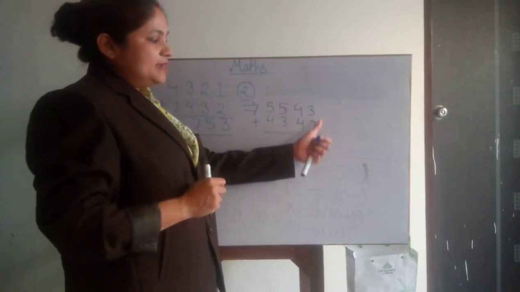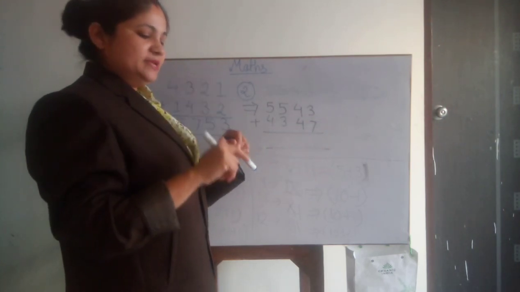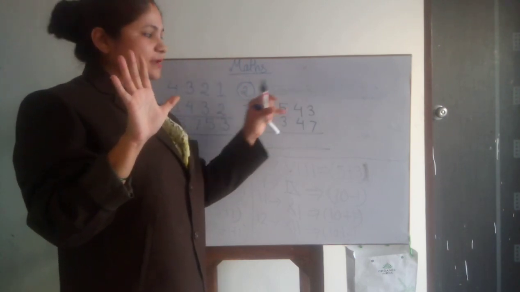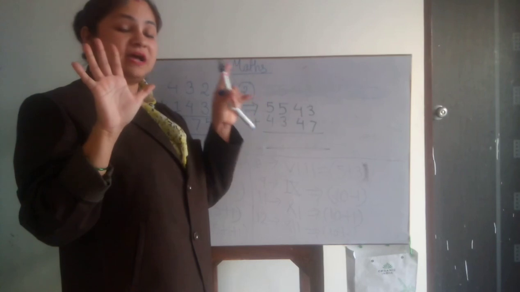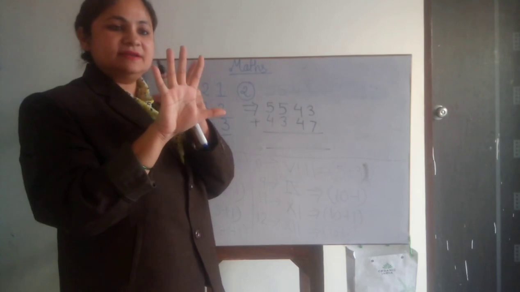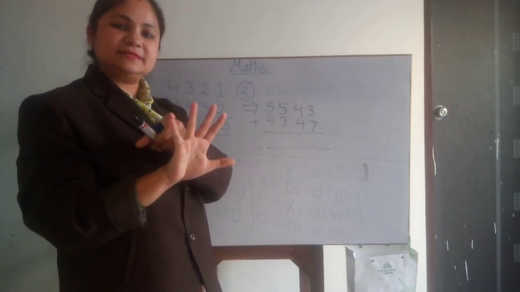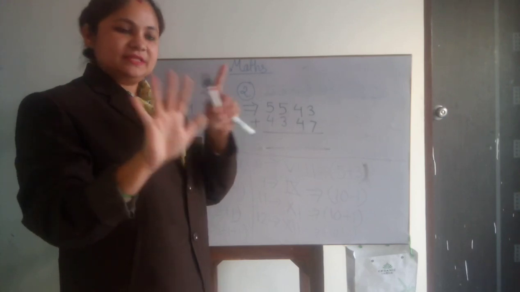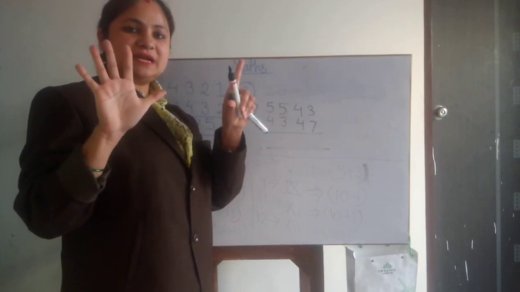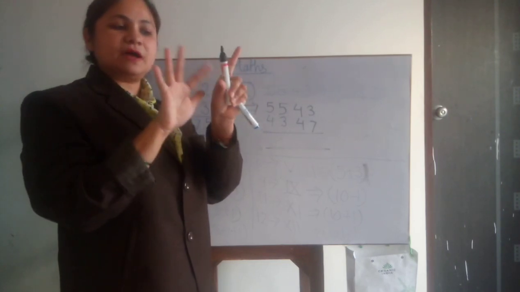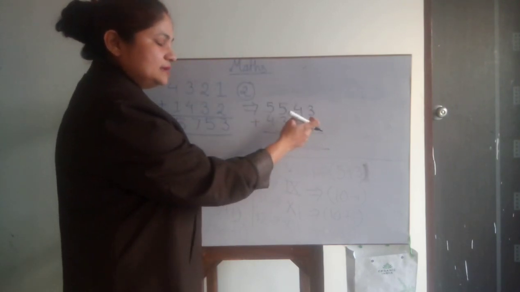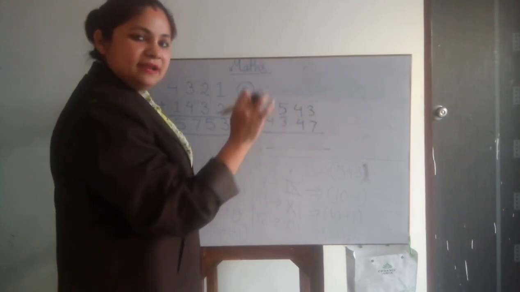Okay, how can we add? It is 3 and 7. 7 means these fingers are 5 and these two fingers, total 7. We have to add 3 also, so we will start to count right after 3. 4, 5, 6, 7, 8, 9, 10. Got it? These are the 7 fingers. And 3 is already written here. So the sum of 3 and 7 is 10.